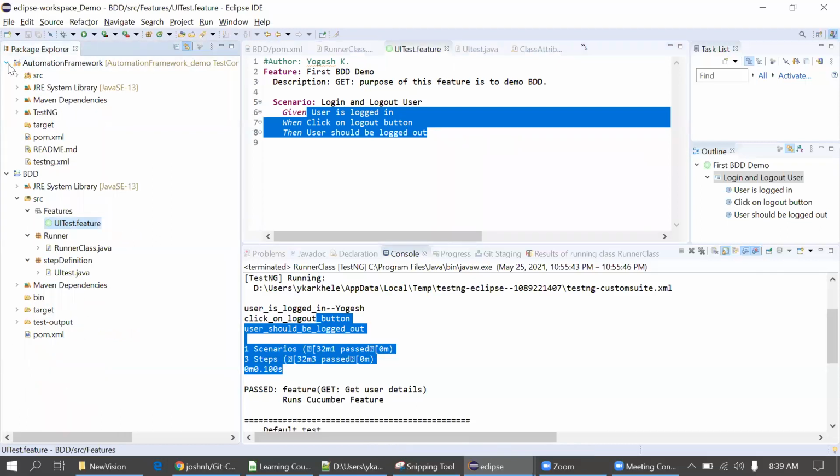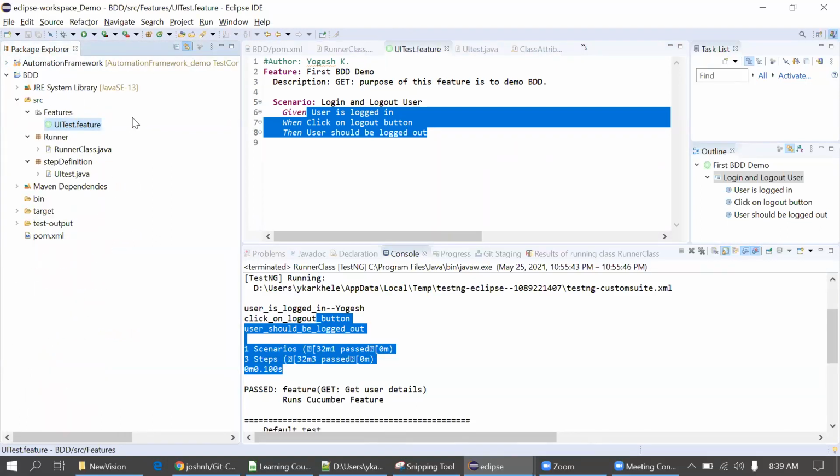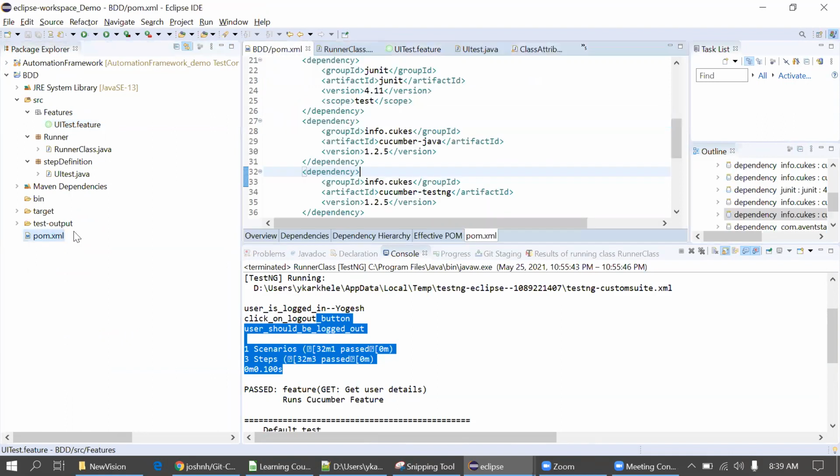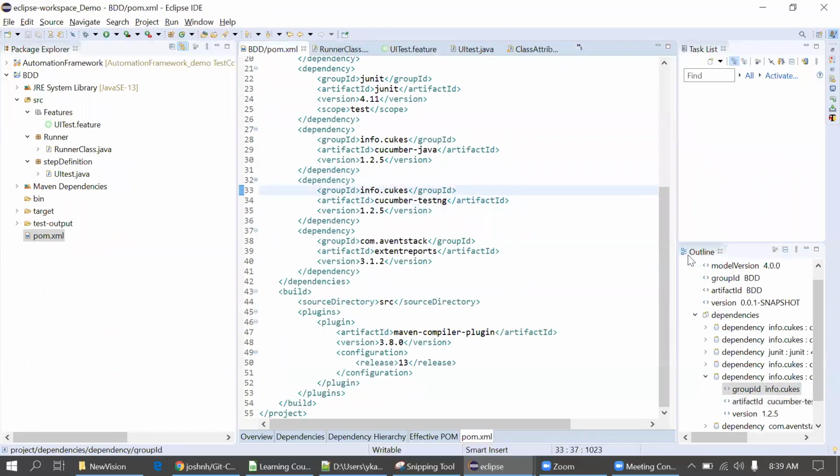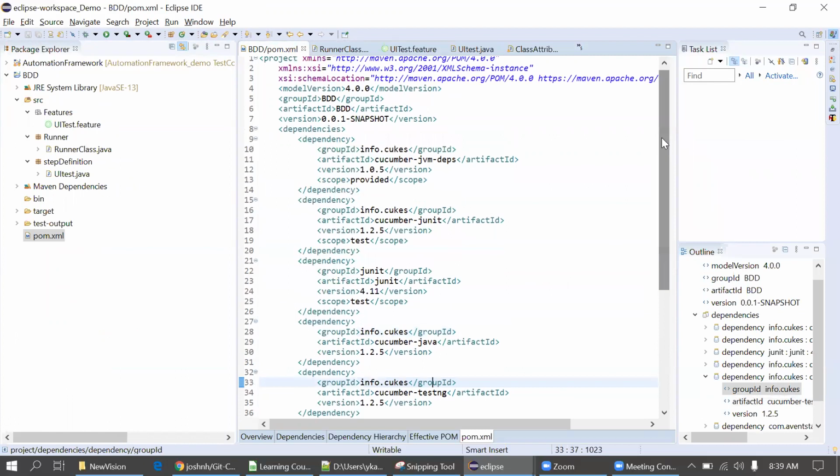We use Cucumber for this. So I'll go through the setup for BDD. First, we have to add the dependencies, so I'm opening the pom.xml here. BDD mostly works with JUnit, but we can also bind it with TestNG as well. I'm using TestNG because it has more features compared to JUnit. You can see the dependencies here, and I'll share this pom.xml with you.